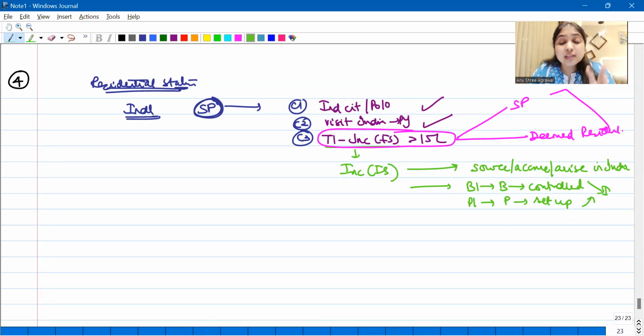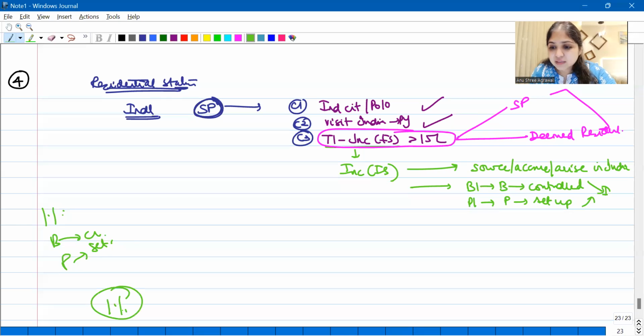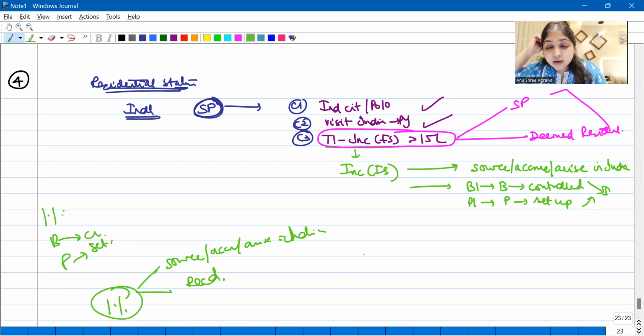See, you say, ROR, global income taxable; RNOR, Indian income taxable, and incomes from businesses which are controlled in India, professional income from profession which is set up in India; and NR, only Indian income taxable. When you say only Indian income is taxable, Indian income means what? Indian income means either the source or accrue or arise should be in India, or received should be in India. Tell me, for NR, if it is business income from business which is controlled in India, will you say it is accruing in India? Will you call it Indian income? No, guys. Are you understanding?